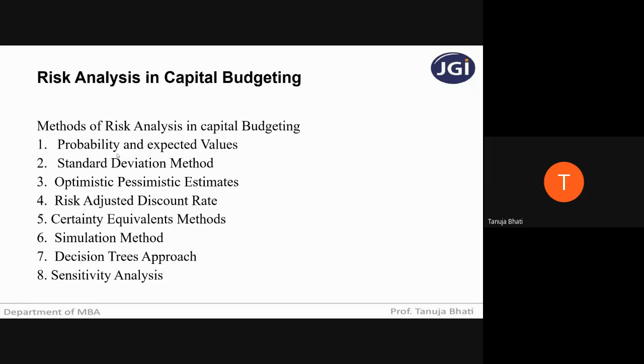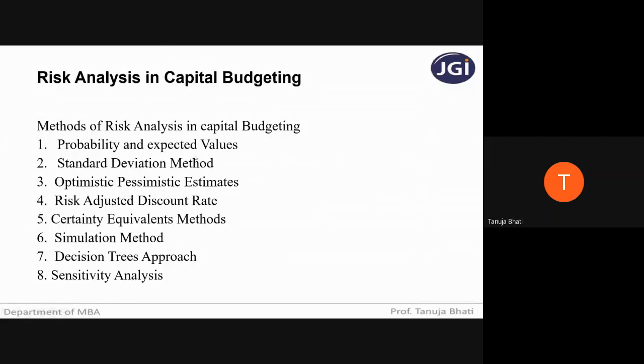So using these techniques, I can show you some for all these 8 techniques, but the thing is you do not have problems in respect of risk analysis in capital budgeting. Simple, they will ask you what are the different methods, and yes, you can write two or three points based on how this method is actually going to work. So probability is nothing but a measure of a chance whether an event will occur or not occur. Okay, next is